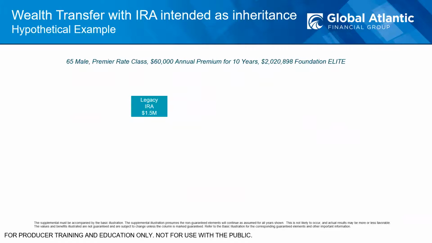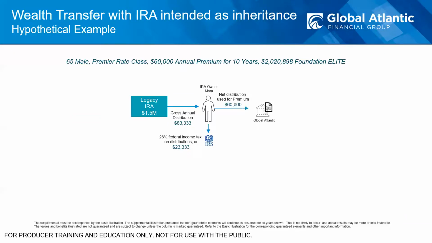Let's say you have a 65-year-old male, $60,000 of annual premium for 10 years on a $2 million Foundation Elite product. Let's say mom says, okay, I've got $1.5 million in my IRA. I'm going to take a gross distribution of $83,000 a year. I'm going to pay 28% federal income tax. Let's just say mom's in the 28% flat rate. That means she pays $23,000 in income taxes. She has $60,000 left. She turns around and makes a gift to a trust